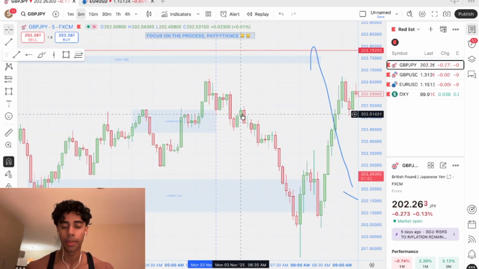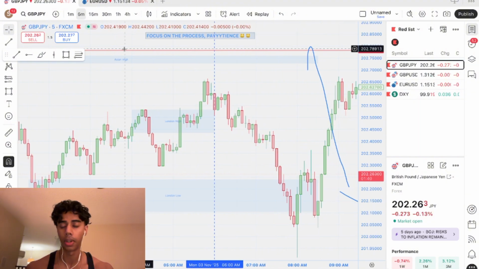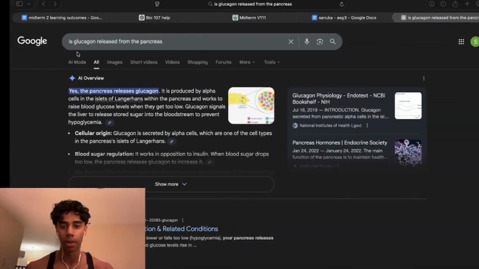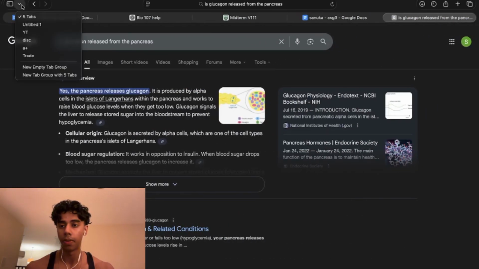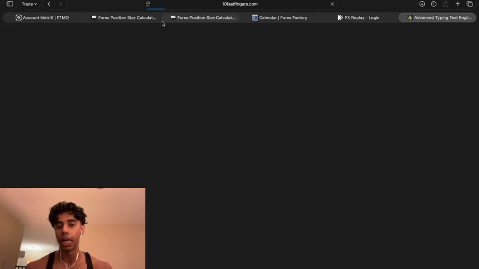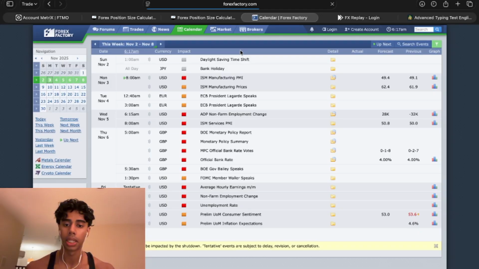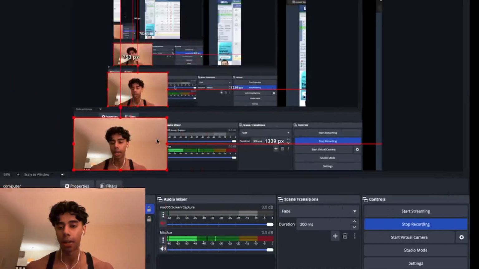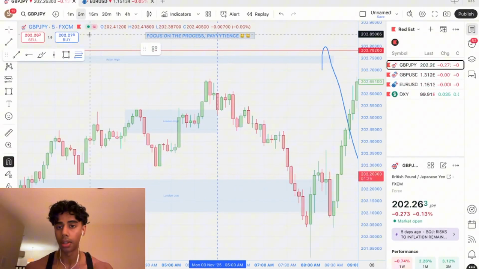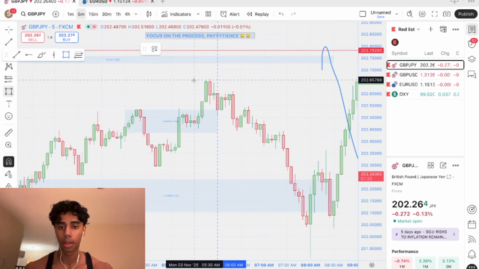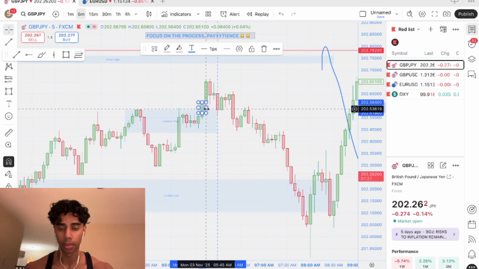But we also had red folder news. I don't know if I told you about that, but there was red folder news around 8 a.m. for USD, so I didn't really want to trade maybe an hour before that, so that's kind of another reason why I sat out. But now looking at this, honestly, this could be a potential good setup